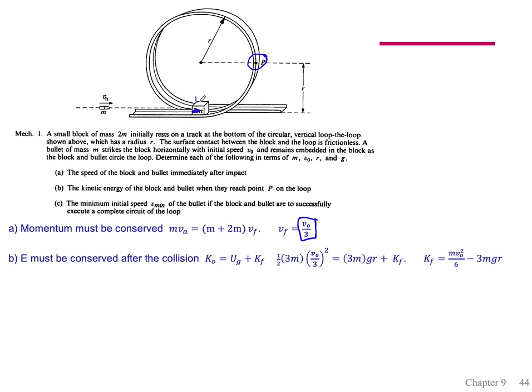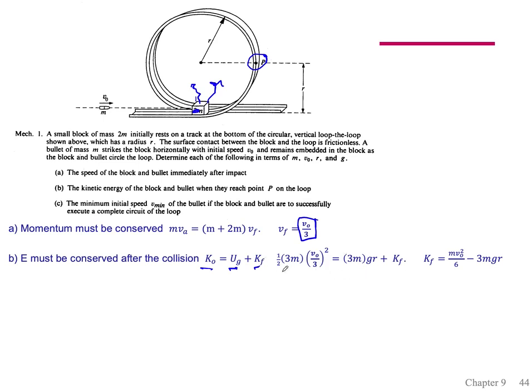There we go. Here's the heat coming off. But once it's embedded and it's moving with this velocity, no more heat's being generated. And now we can just take a look at the initial kinetic energy of our block-bullet system, plus the gravitational potential energy, GP, it's going to have at this point, and figure out what the final kinetic energy